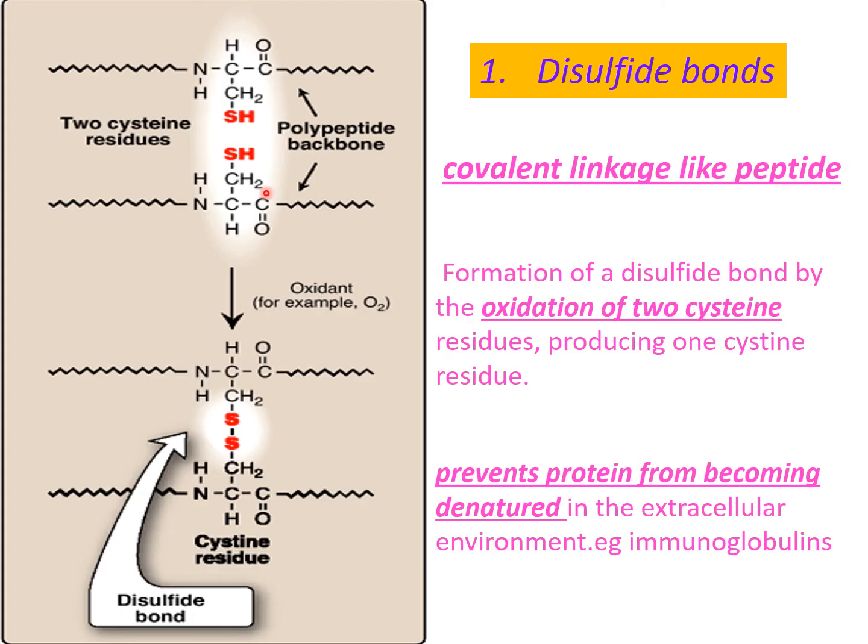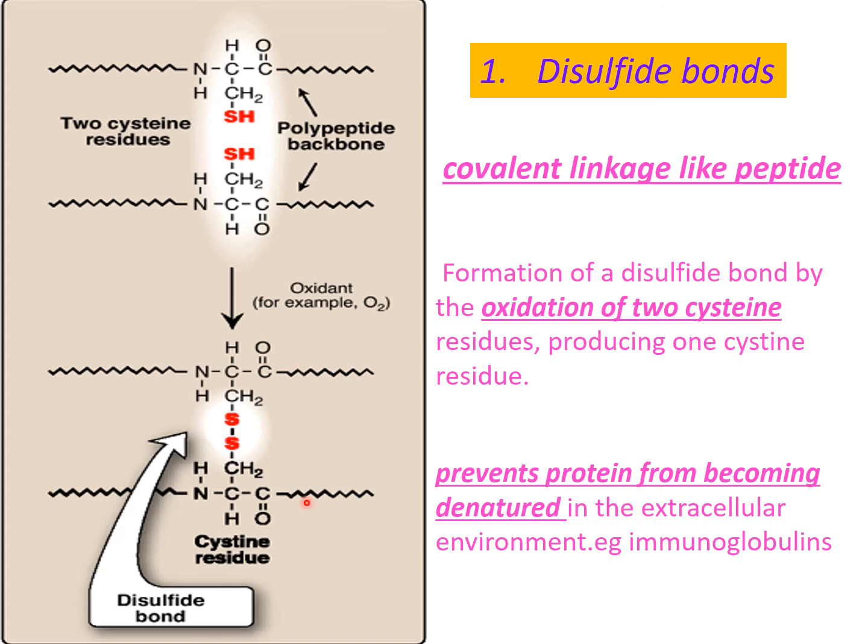First we discuss disulfide bonds. It's a covalent linkage like the peptide bond. Formation of a disulfide bond is by the oxidation of two cysteine residues, producing one cystine residue. So you can see here, this is the disulfide bond. This is one cysteine